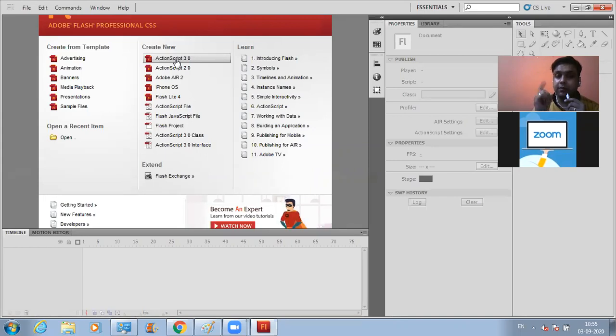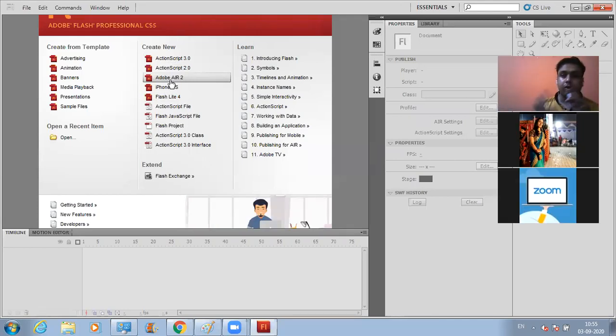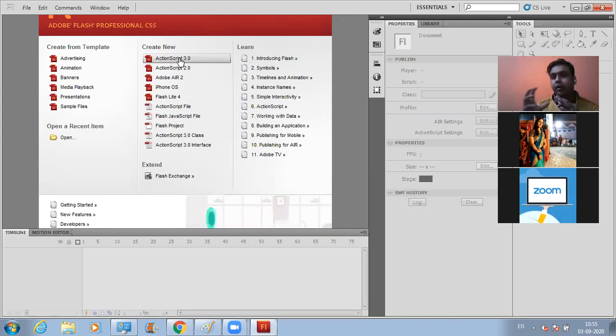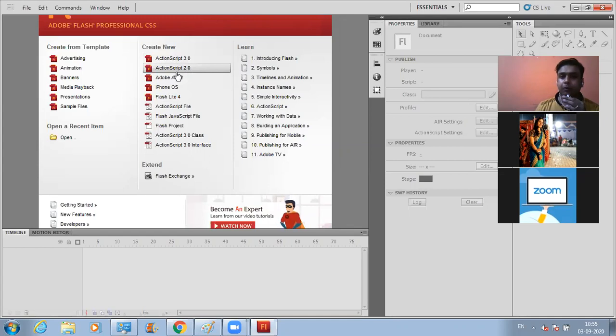That is right. Similarly, if you want to work on, suppose, animation, if you want to draw magnificent animations, you need to choose this ActionScript 3.0. If you want to draw animations in which you do not want to take into consideration the quality of picture, etc., you can make use of ActionScript 2.0.